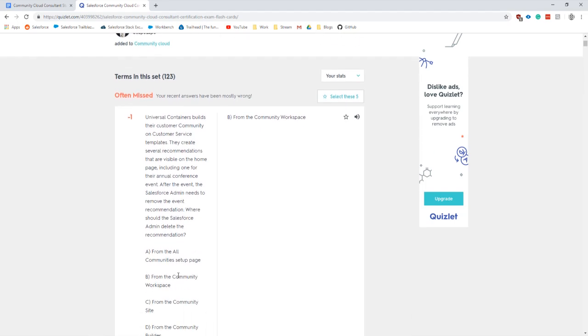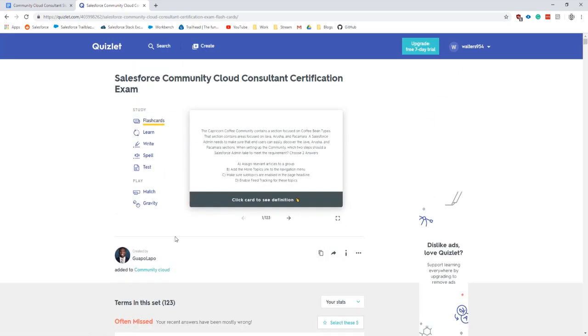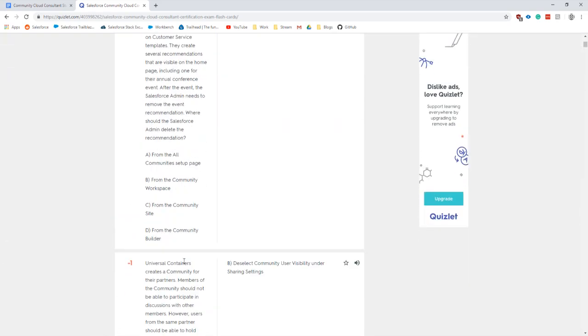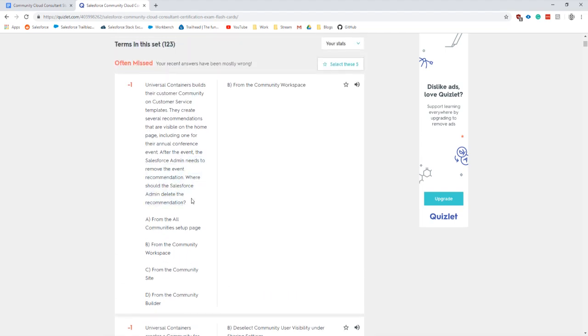So one thing to note here is do not focus on just learning Quizlet cards. I went through hundreds of these cards here. Don't rely on them for actual quiz information or actual questions. I think these should be used as a resource to understand the process better, but definitely these are not the same exact questions. Some of the questions are similar, but